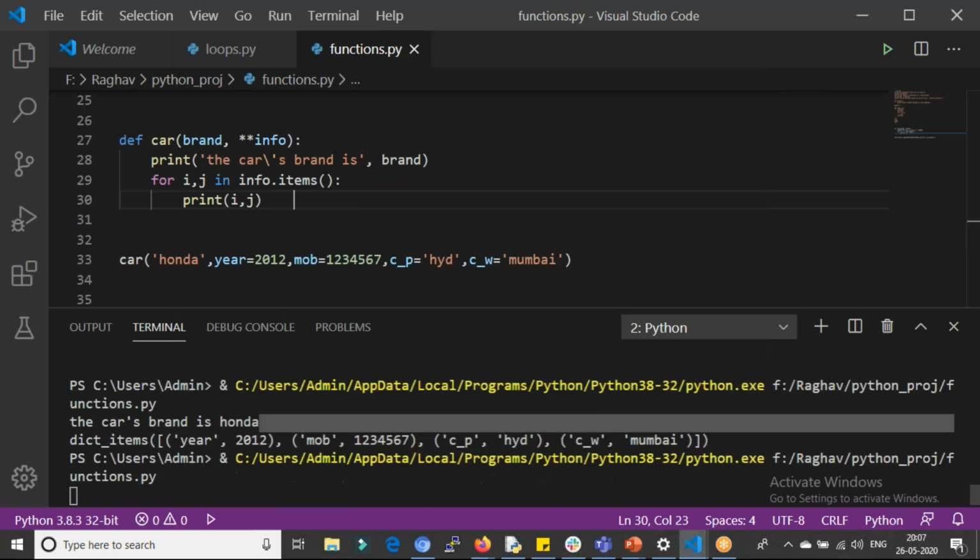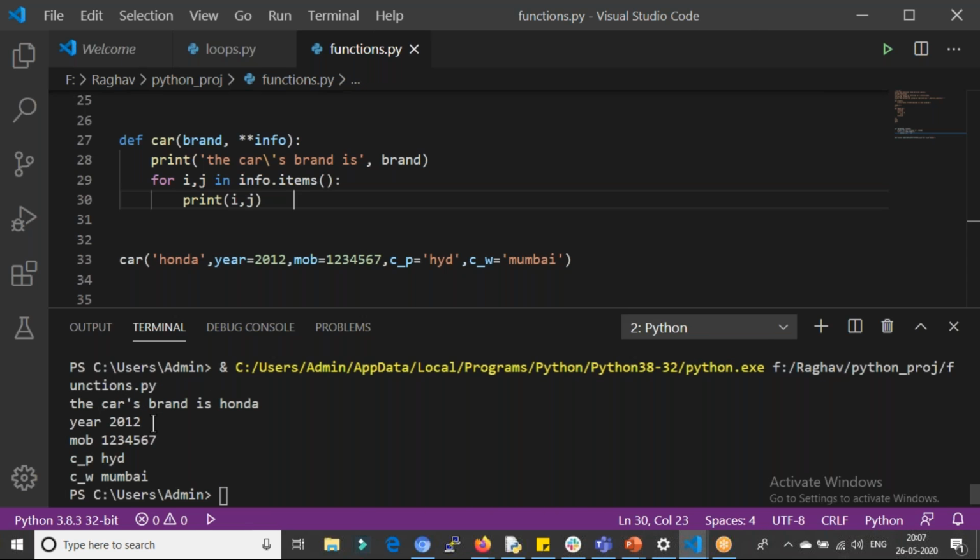The first line says the car brand is Honda, then the year is 2012, mobile number is 123456, city of purchase is Hyderabad, city we went to is Mumbai. So this gives us a better explanation of the values. These are the keys, and this is accessed in the form of a dictionary.